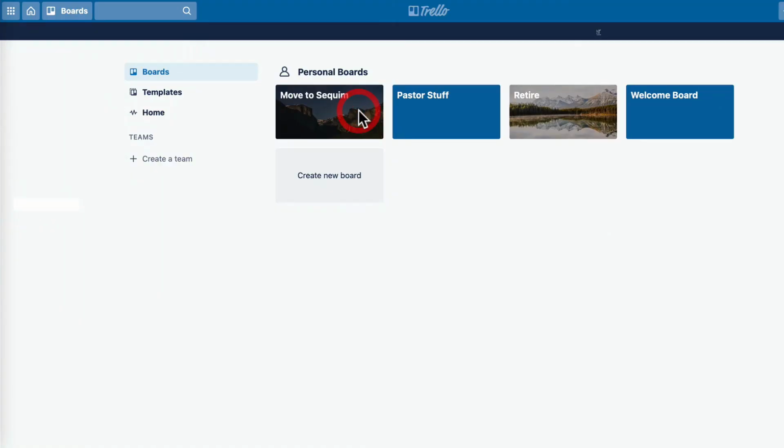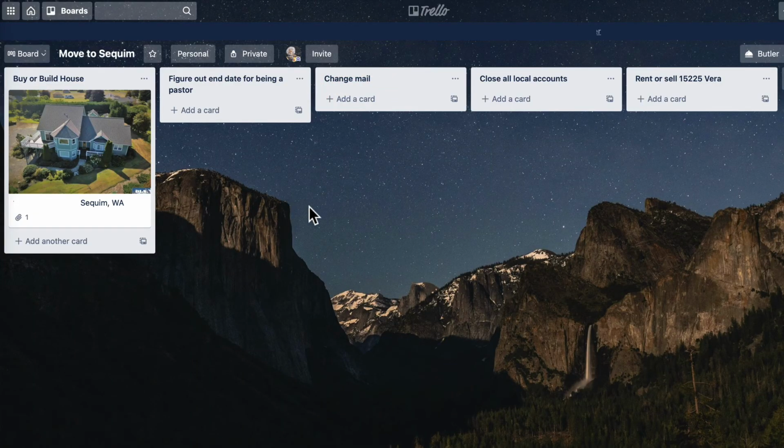Not for my church work. When we had the plumbing problem, I had a task of call the plumber. Now I have tasks of pay the plumber. But collaborating, not really. The house that I'm building, we've hired remote builders, and they're going to use Trello. So this is our move to Squim, and that's a dream house there that I'm going to build. These are the various things I got to do, and our builders have access to this board. We're sharing this board with our builder.